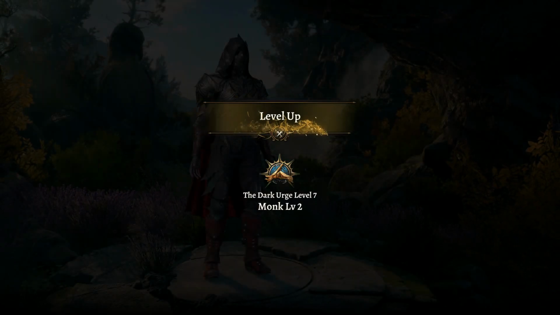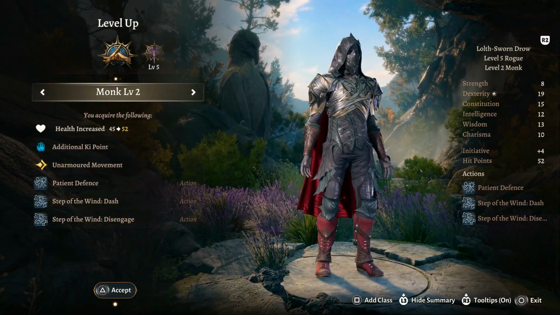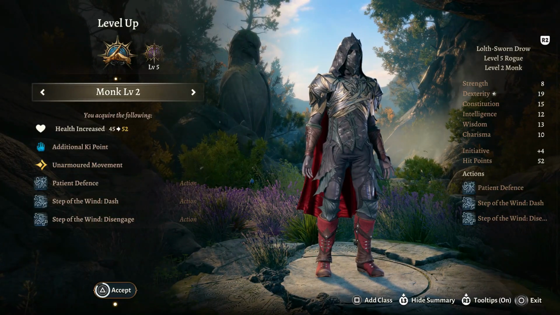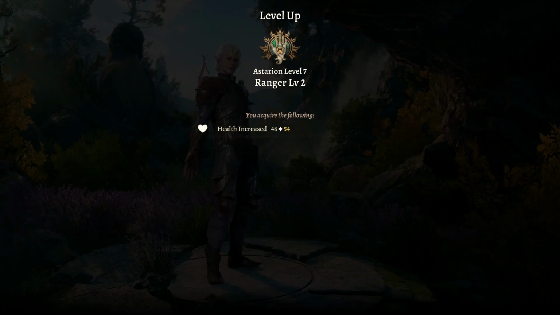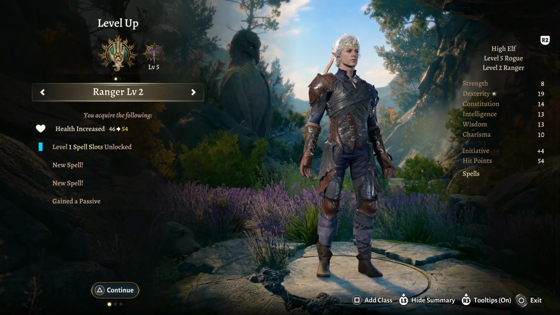So everyone has now reached level 7, and I'm going to show you exactly what selections you'll want to make here. So the Dark Urge is a level 5 rogue, and now he's going to be a level 2 monk, which is growing a little bit into the monk space right now, but there's no decisions to make with him. Next up is Astarion. He is a level 5 rogue and now a level 2 ranger,